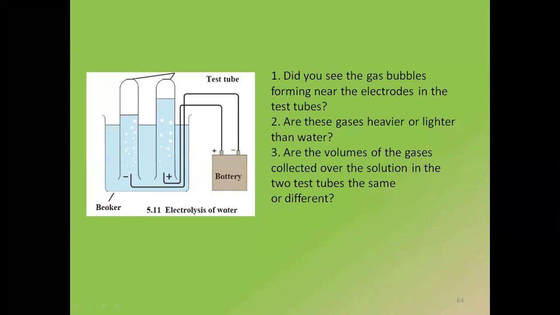Level is different. Bubbles will not, yes, we are doing the experiment in such a way that the bubbles should not be formed, because after the experiment the bubbles are going to come. No, those are the bubbles of the gases which are slowly going up and occupying the test tube. Both the test tubes have different levels, because in one test tube hydrogen gas is formed and in another test tube oxygen gas is formed, and water is made up of 2 atoms of hydrogen and 1 atom of oxygen. That is why we can see more displacement in the first test tube and less displacement in the second test tube.